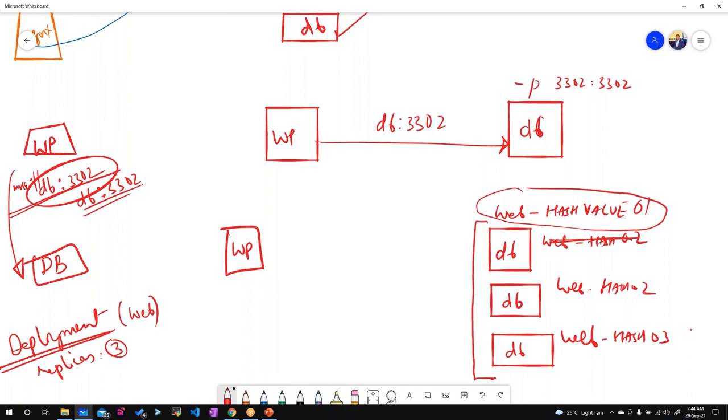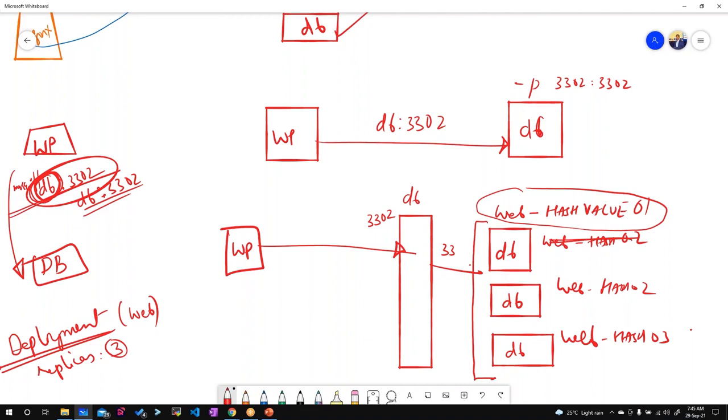That's where the service comes into the picture. Now if DB is the name the URL is pointing to, I'll just name the service DB. So now my logic won't break, because for this service I'll put the input port as 3302 and the output port also 3302. That means any traffic coming to port 3302 will be redirected to port 3302 on the DBs, and the naming convention is also DB. So now my WordPress will always talk to DB colon 3302, and behind the scenes it is forwarding to any of the instances. It doesn't care.